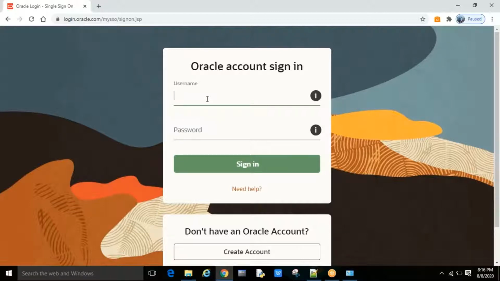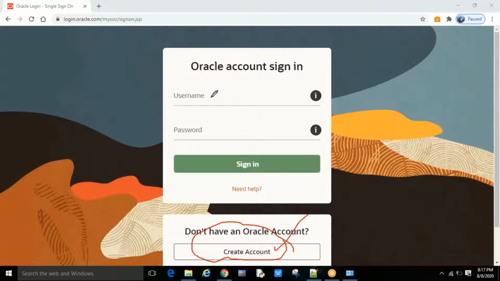It should be an Oracle account. If you don't have an account, you can click on create account. By default you don't have one, that is 100% sure. I already have that account.